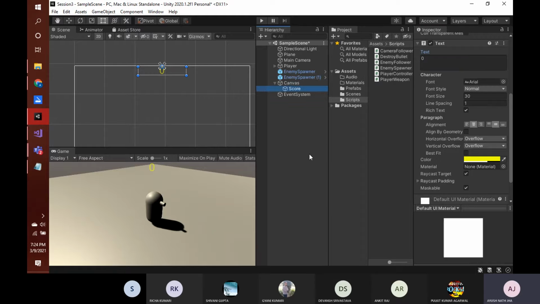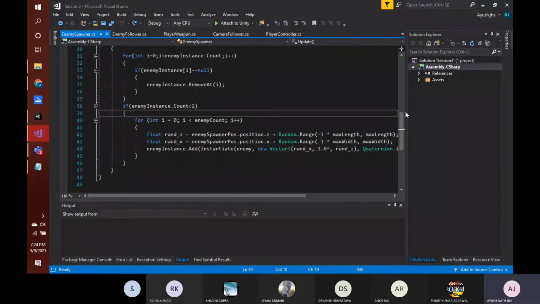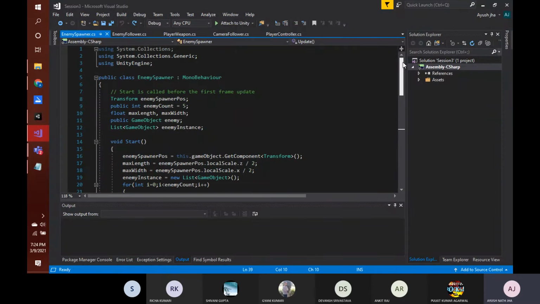Okay, so now our next task is to update this score using a script. Whenever we kill an enemy, the score counter should increase. So how do we do that? For that, like our friend suggested, we first have to maintain a variable to record how many enemies have been killed by the particular enemy spawner.